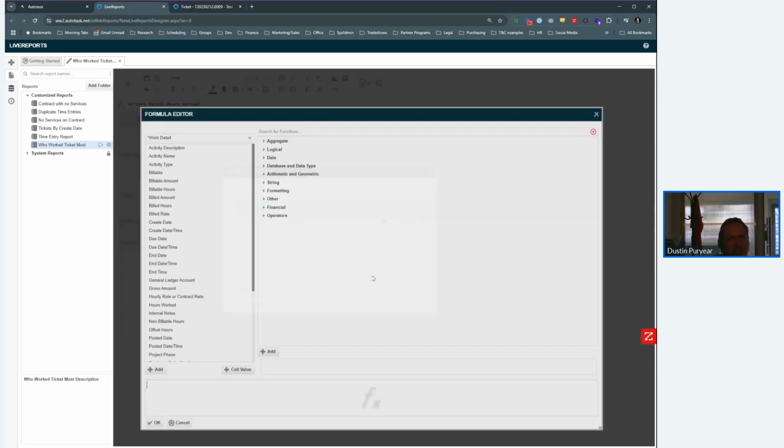And we're going to make it red if cell value equals,